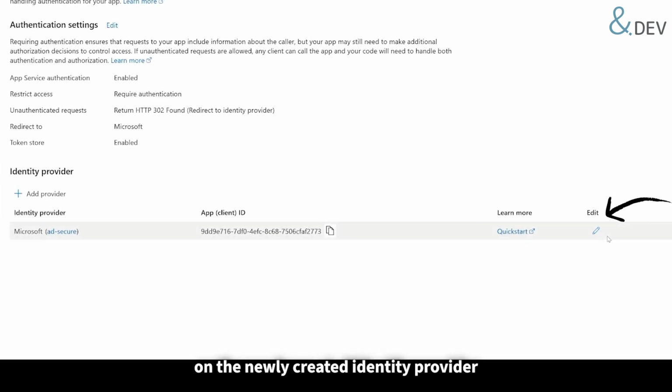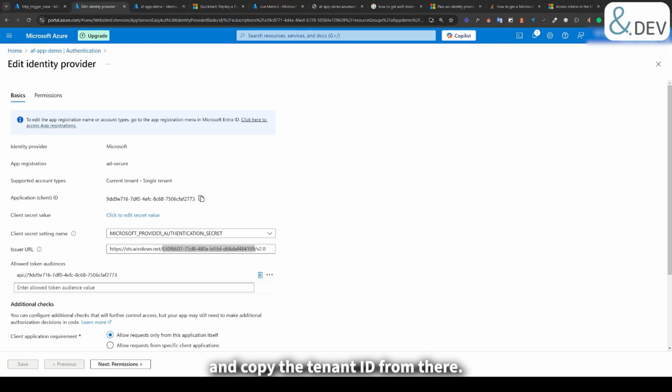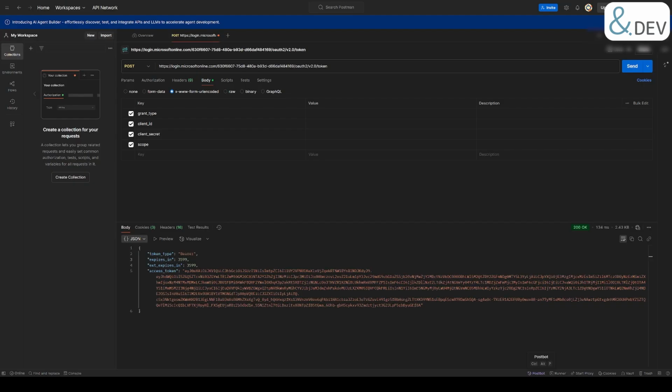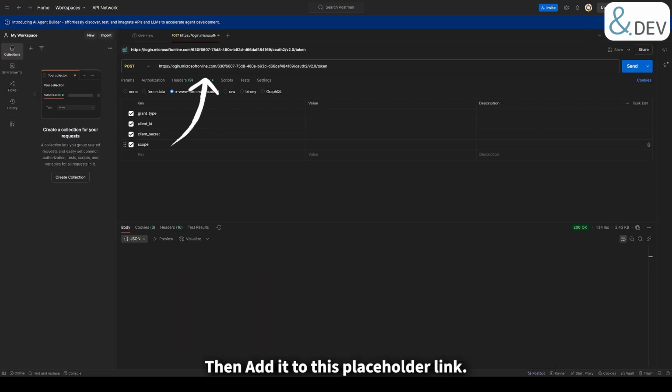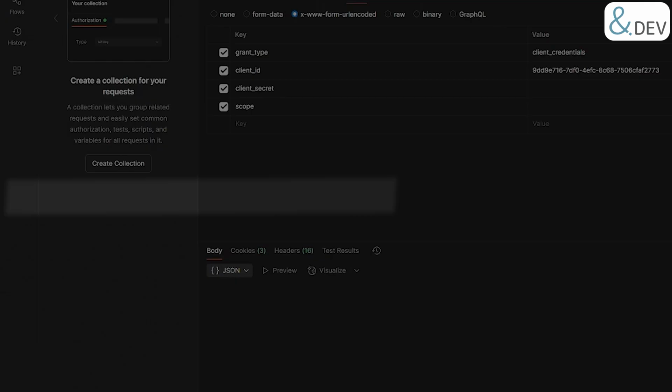First, click Edit on the newly created identity provider. Copy the tenant ID from there. Then add it to this placeholder link. Next, create the grant_type, client_id, client_secret, and scope keys. Set the grant type to client credentials, then copy the client ID